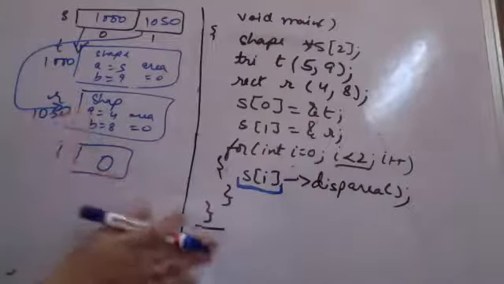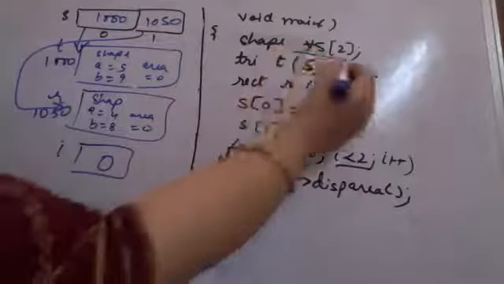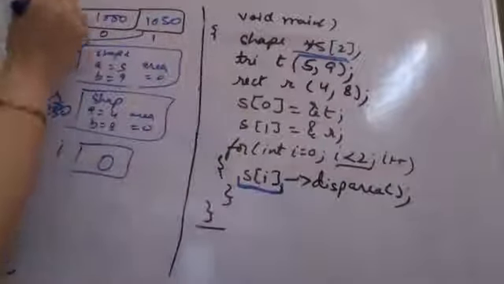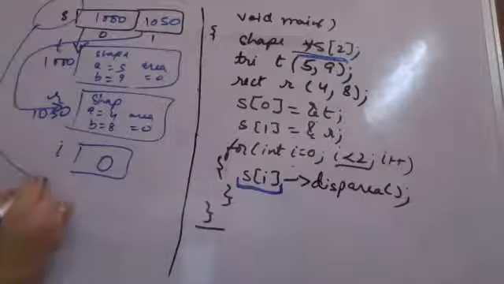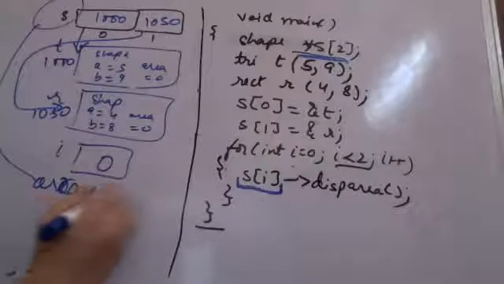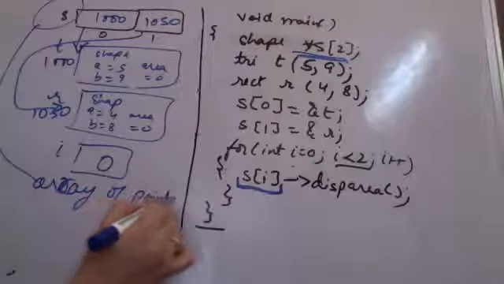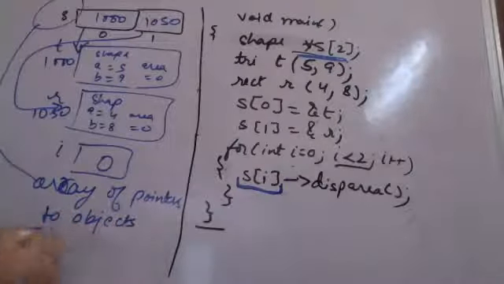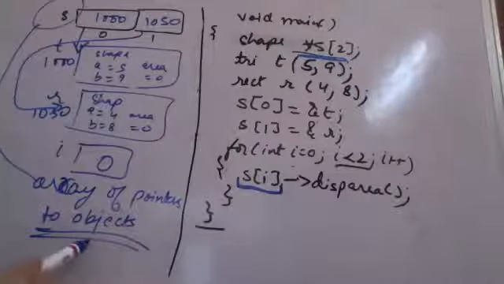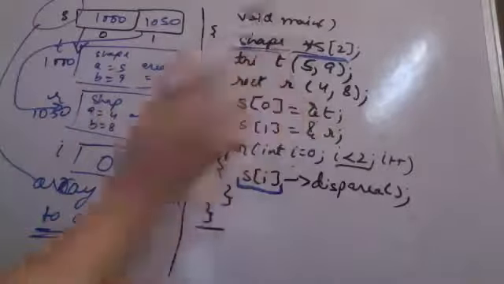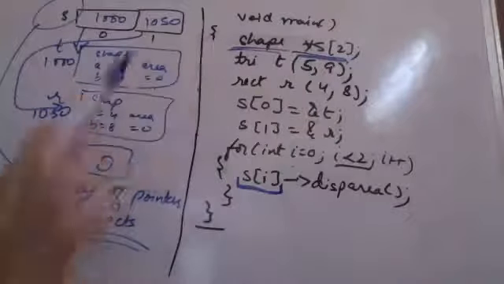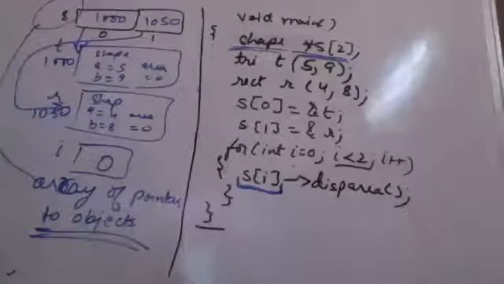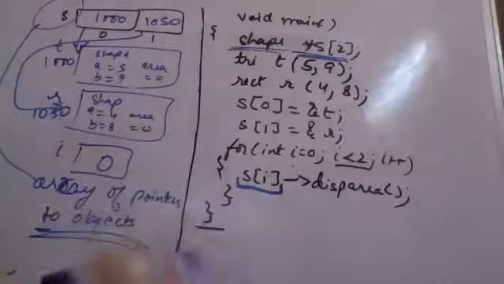So what is happening here is I am creating this array S of 0, S of 2. This array is an array of pointers. Pointers to what? Pointers to objects. This is an array of pointer to object. This array should be pointing only to the objects of type shape. Now this shape is a base class, and pointer of base class can point to an object of the derived class. अब इस shape से multiple classes derive करी हैं हमने.